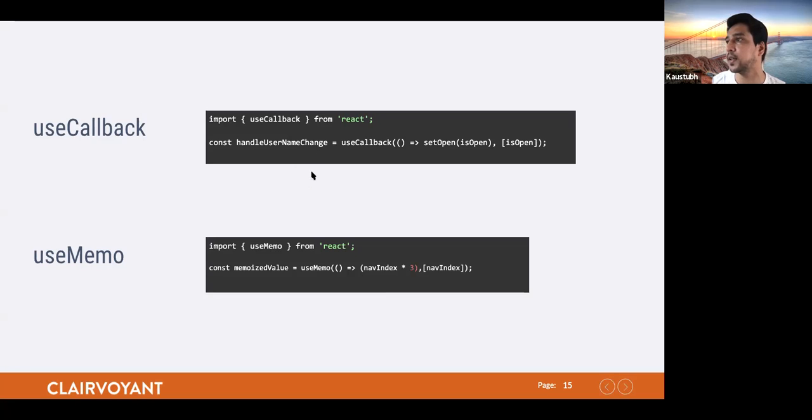The only difference is, like I said, useCallback is just for a handler method. You can use it if you don't want to redefine or reinitialize your handler method whenever a component is re-rendered. And useMemo is a hook that we can use to do a complex manipulation, where you don't want to recompute that value inside the render cycles. So these are pretty handy, and this is why I would also say that apart from keeping our code clean, the hooks are also making sure that we have performant code, because see this dependency array as a second parameter.